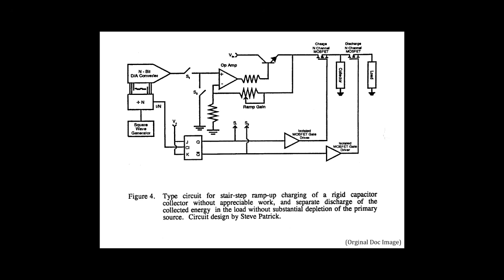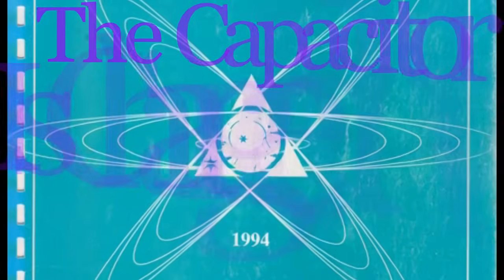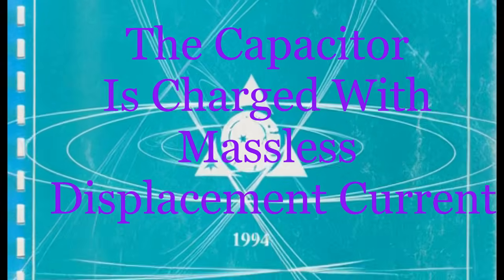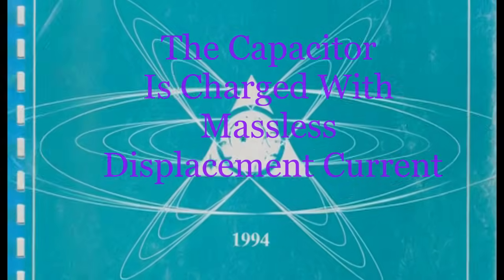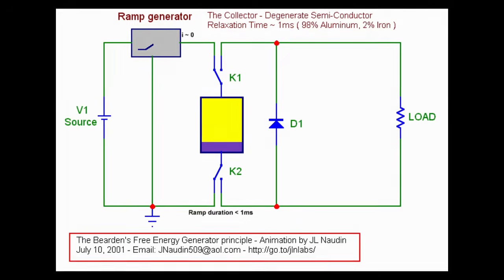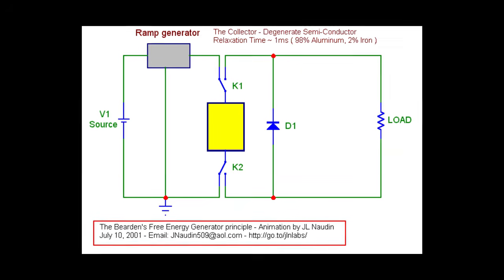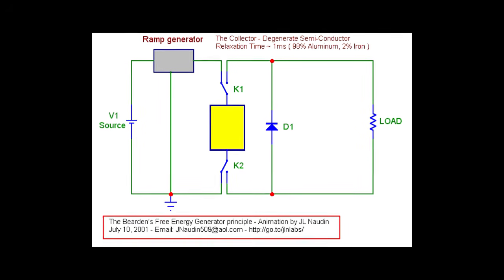A precision measurement resistor is utilized in series with the capacitor to allow measuring the current accurately. The duration of each step-up is determined by the time constant of the capacitor with the series measurement resistor. The capacitor is charged with massless displacement current. Essentially, the capacitor is charged with displacement current dφ/dt, so that the quantity E equals minus del